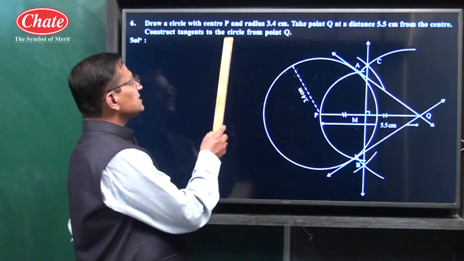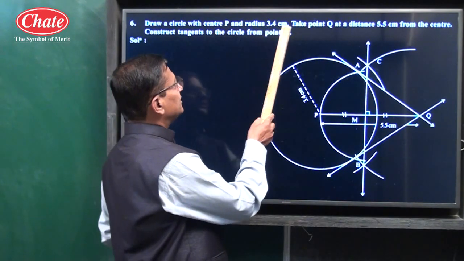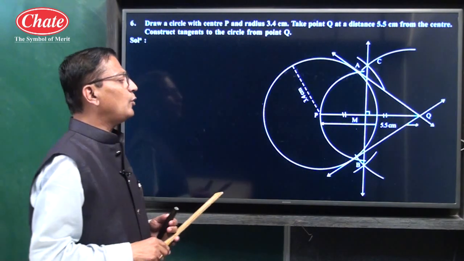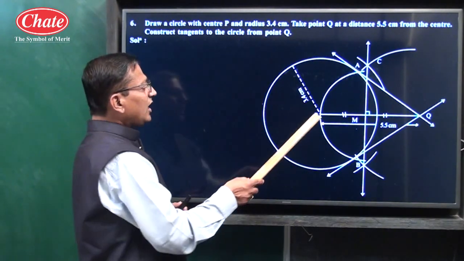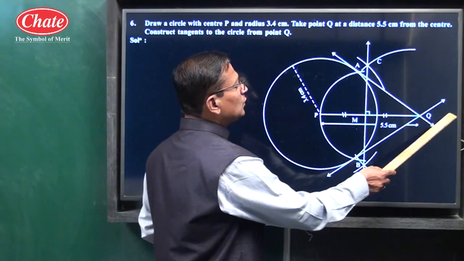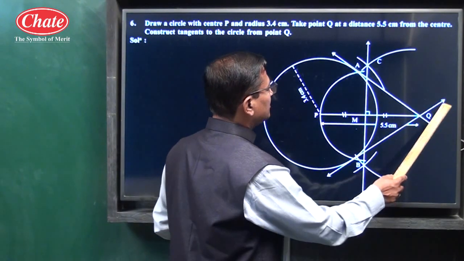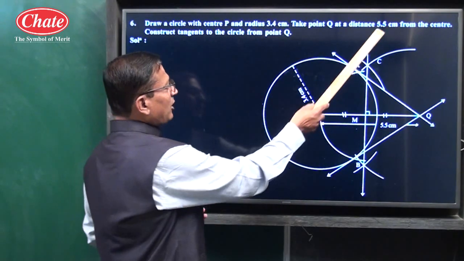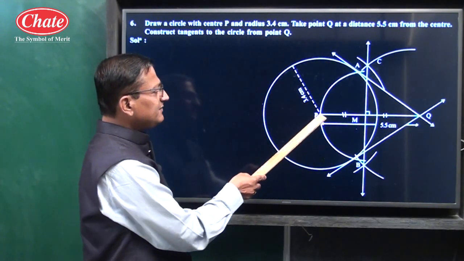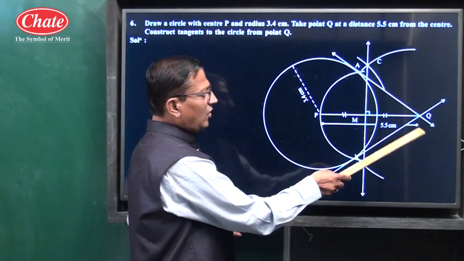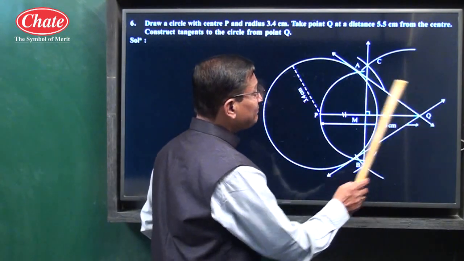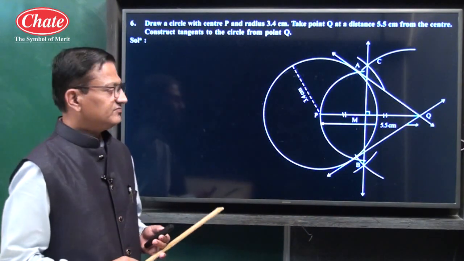See here, first we have to draw a circle with radius 3.4 centimeter. This is the circle with 3.4 centimeter. Draw any ray from P to Q. This is one ray. Take a distance of 5.5 centimeter in the compass. Take P as a center and draw an arc on the ray. We get point Q, which is in the exterior part of the circle. So now